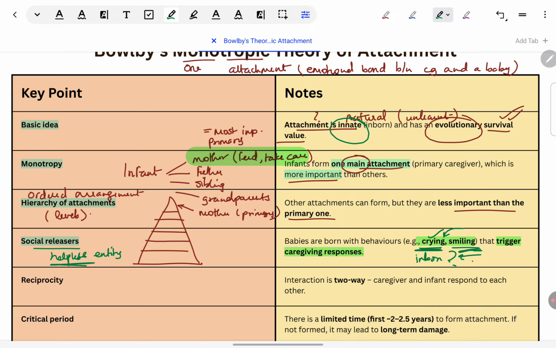Another example is smiling. The baby will smile, in return, the caregiver will also smile. A strong attachment will form. The stronger the attachment, the more the chances that whenever the baby needs help, the caregiver will come. And in this way, the baby survives because someone comes to clean it, to feed it, to see that nothing is going wrong with the baby. In case the baby is about to get injured or has got injured, someone comes to give medical care to the baby. Otherwise, the baby would not have survived.